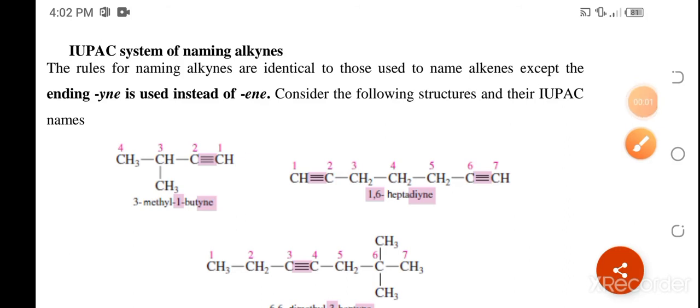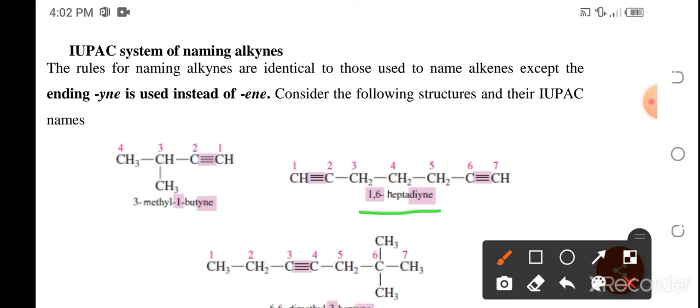So this one will be named as 1,6-heptadiene. Okay, so the 1 indicates that the triple bond is between 1 and 2, and the 6 here indicates that the triple bond is between 6 and 7. We are not anymore going to write the second numbers. Here, 1 and 2, the 2 is no longer reflected. 6 and 7, the 7 is no longer reflected because automatic